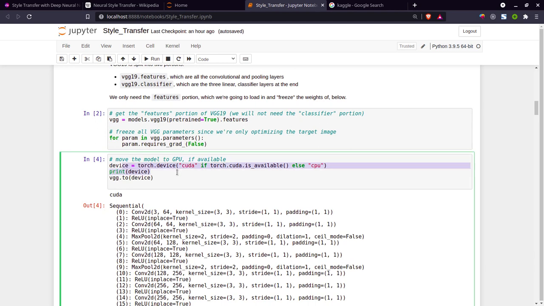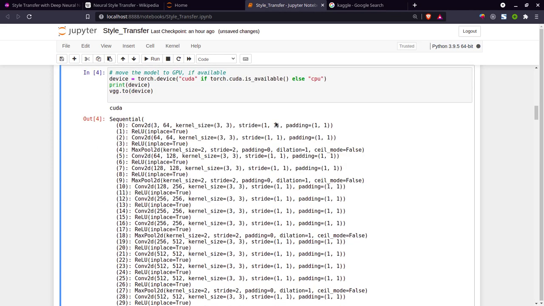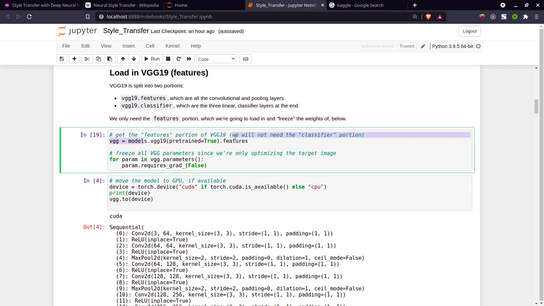Now the next cell is torch.device. Torch.device is a function which lets us know whether our system has a GPU or not. If we have a GPU, then the model is loaded on our GPU, and if we don't have a GPU, then our model is loaded on the CPU. If we run this, also I forgot to run this. This will download your library, this will download your model, and then this will freeze your parameters. This will also take your net, I think 500 MB to download the model.